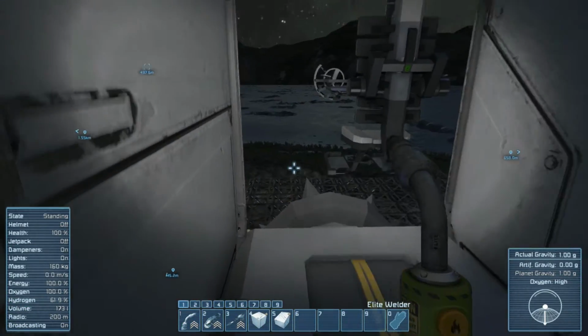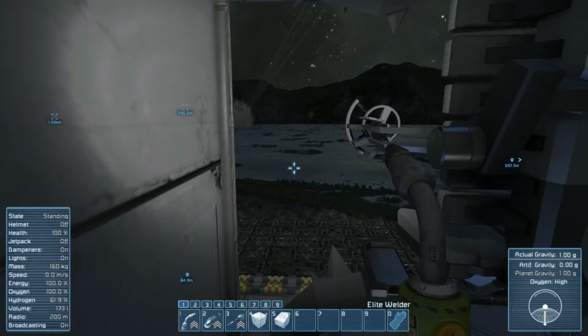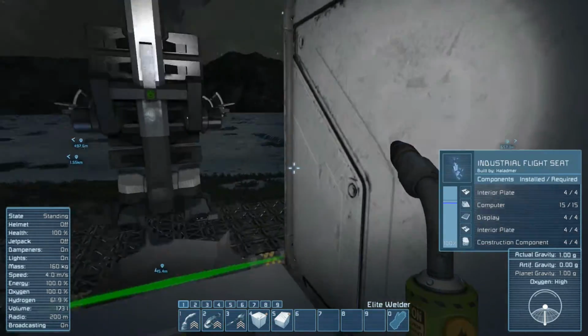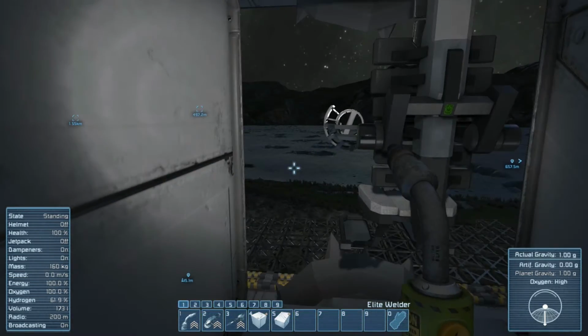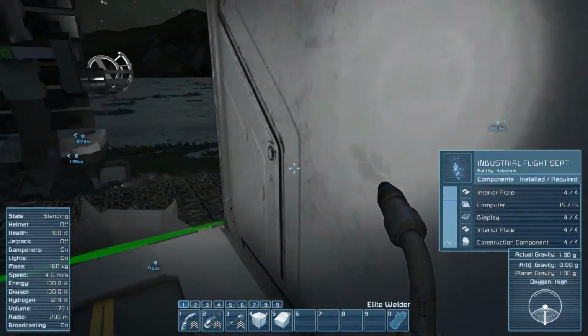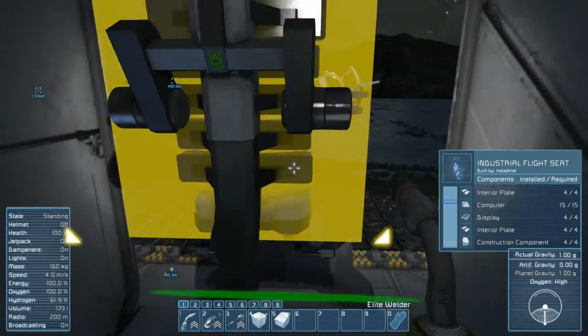I'm not going to worry about putting an oxygen generator on the ship unless we get everything working. Okay, so it does kick me back out the way that I got in. Oh, it would be really nice to get...